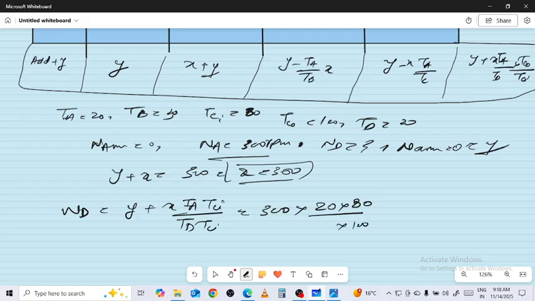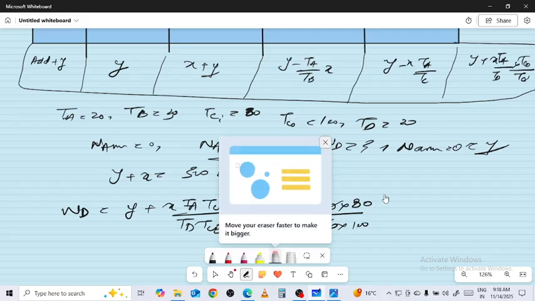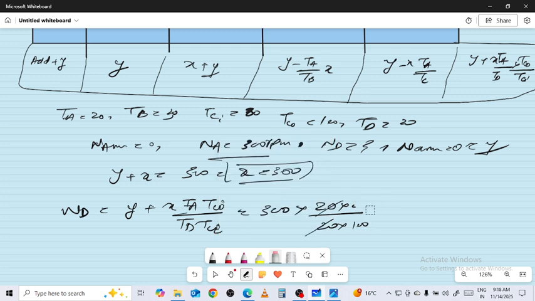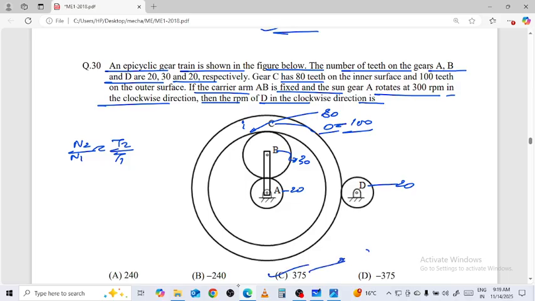100 and TD 20 मर गए 8 नॉट by TI। 100 by 80, 375 यहाँ तक कारवा पहुँचता है, राइट। सो ऑप्शन नंबर कौन सा करेक्ट फिट बैठेगा? इट्स चार्ली।